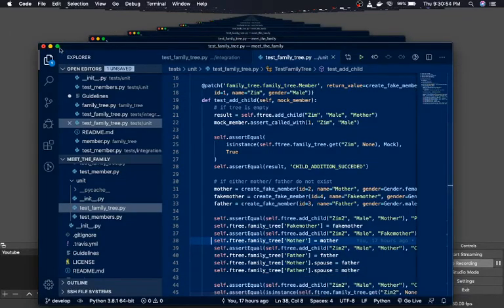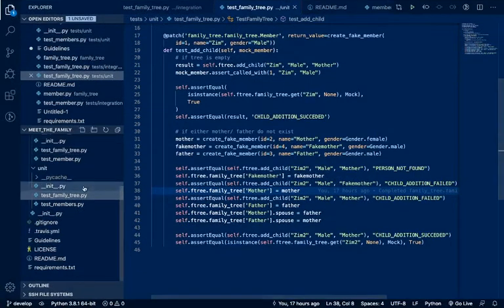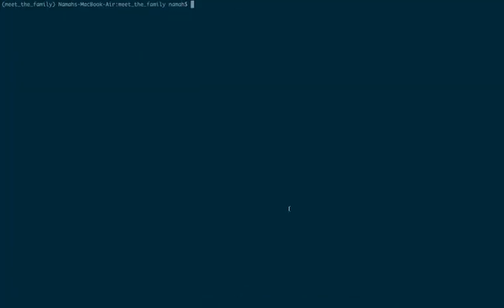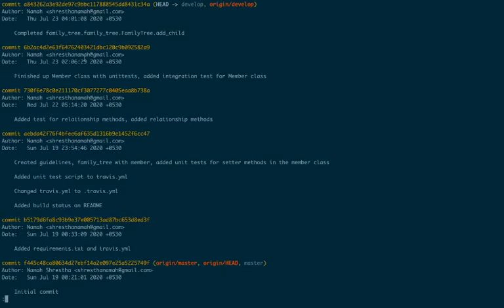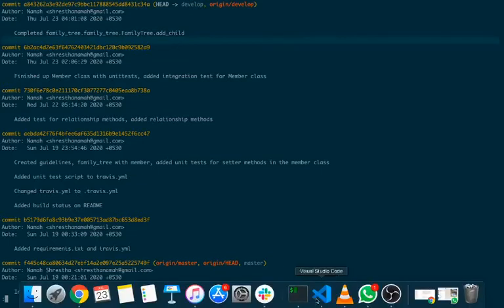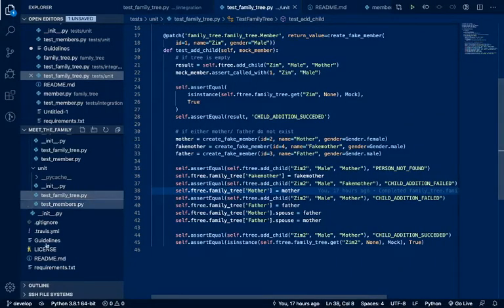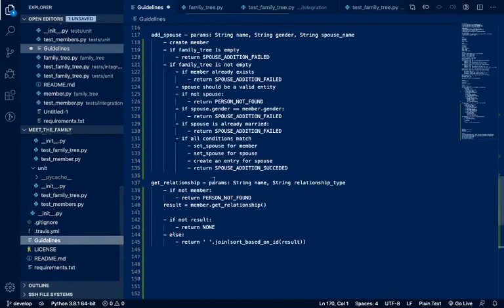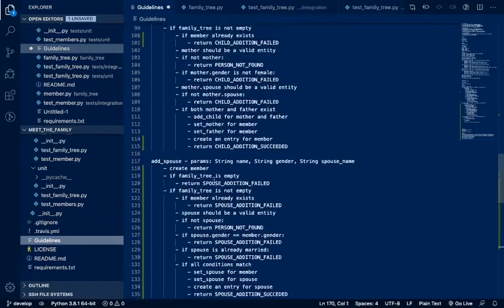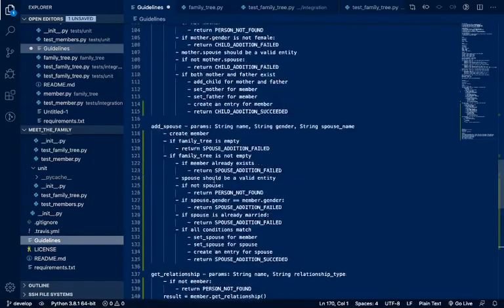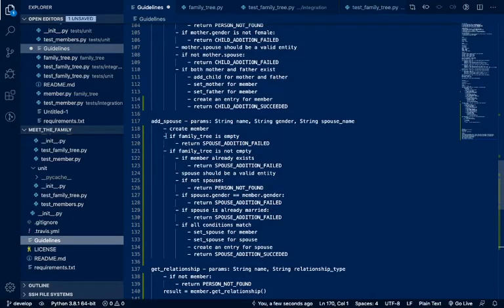A few things guys I did since the last video. I made a commit on git. So the git commit looks like this: committed completed family tree add child method, right? Because we created both integration as well as unit tests. One more thing guys, I have created guidelines for all of our methods over here for add spouse as well